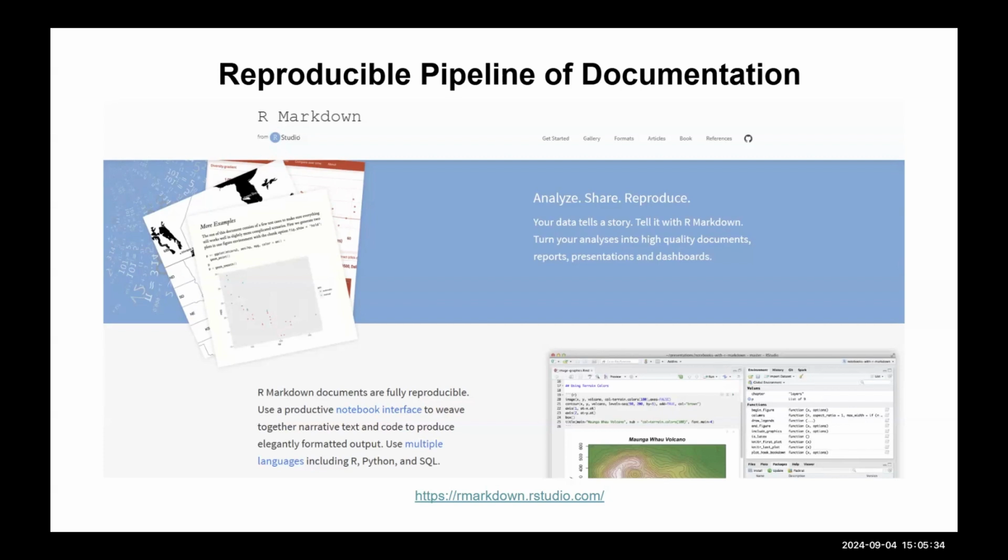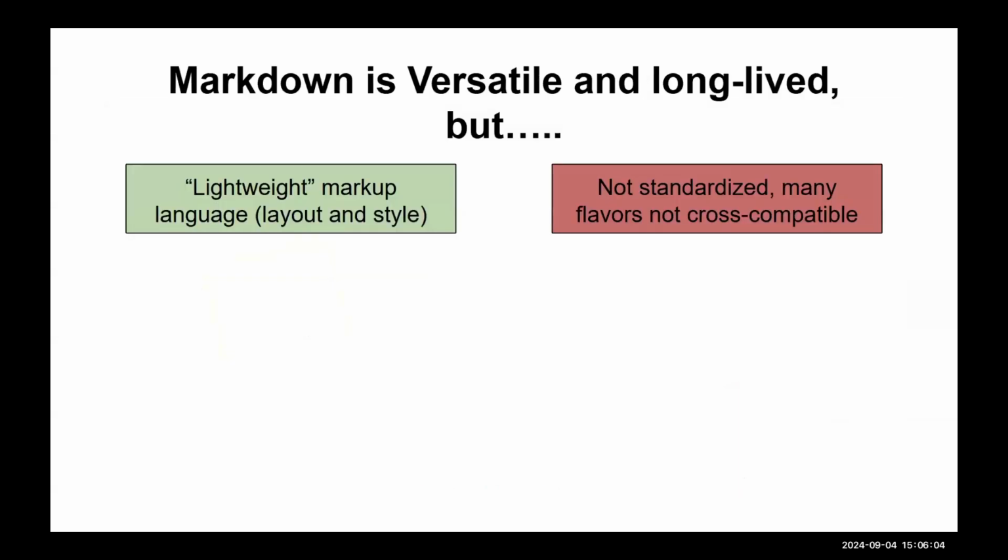What you want to do is have tools where anyone can pick up a pipeline of tools and use them and, critically, get the same consistent output across users. And that's very essential in the project. So people have worked on this sort of reproducible pipeline for documentation. And that's another reason why Markdown was useful, because you can actually build these kinds of tools. And people don't have to have a high level of technical expertise to use them.